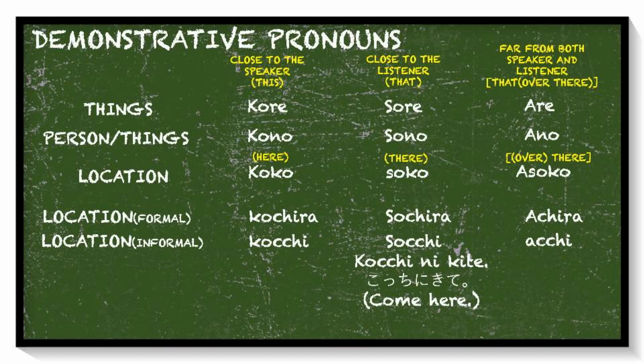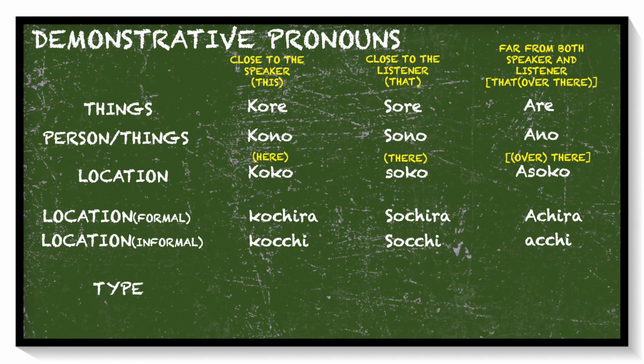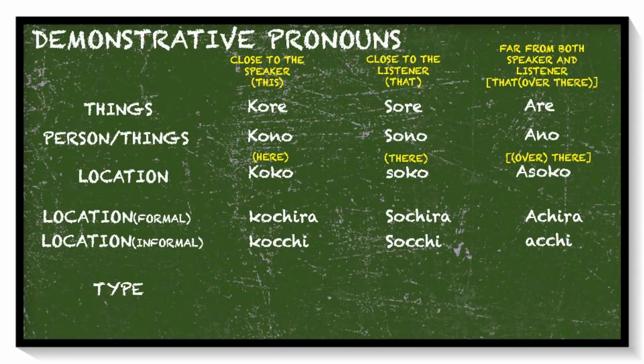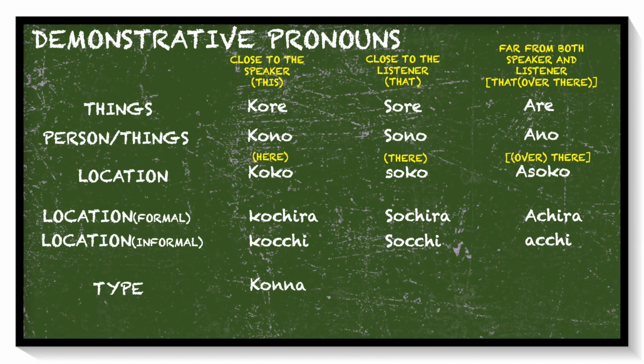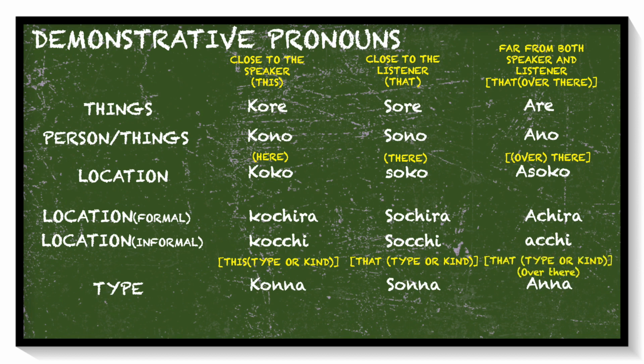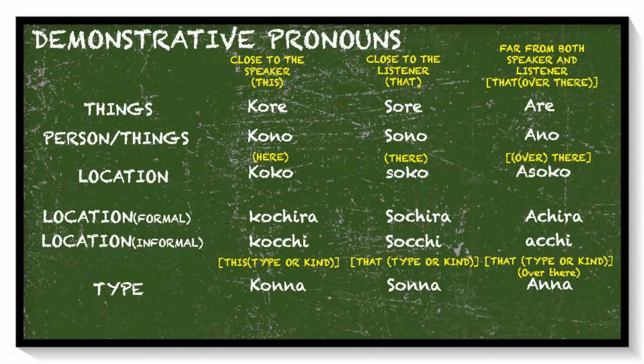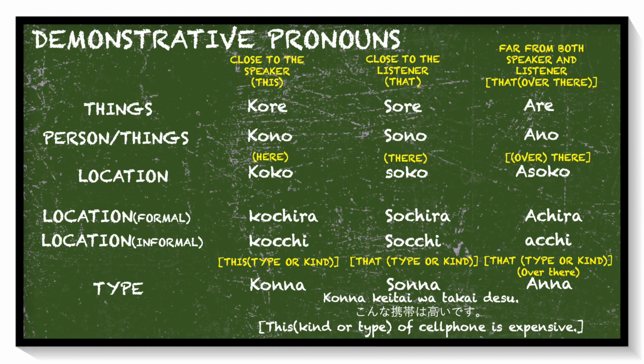Lastly, if you want to indicate the type or kind of location, thing, or person, you use こんな、そんな、あんな. These three translate as this kind or this type, that kind or that type. For example, こんな携帯は高いです。